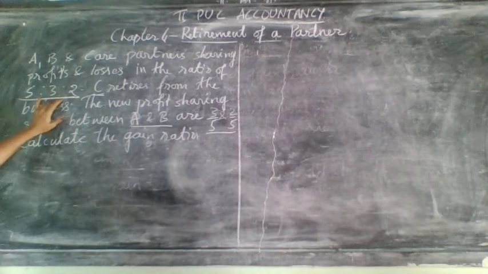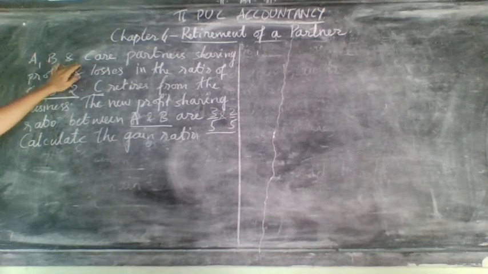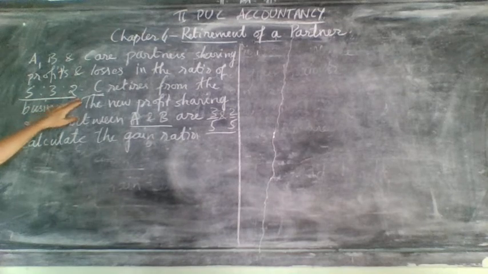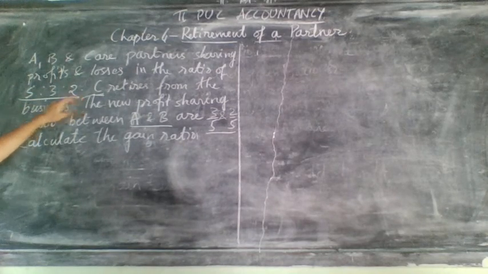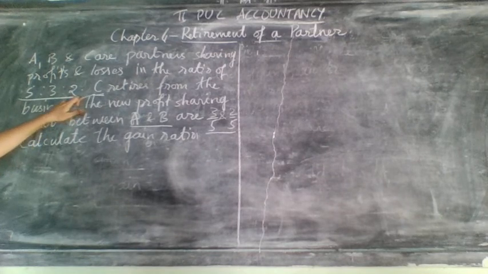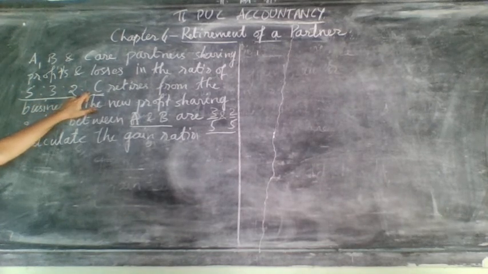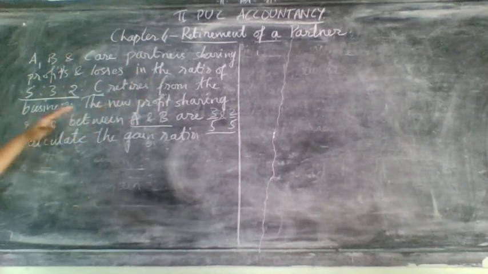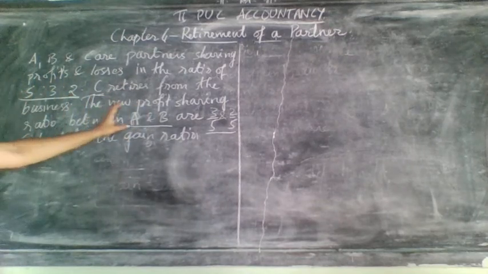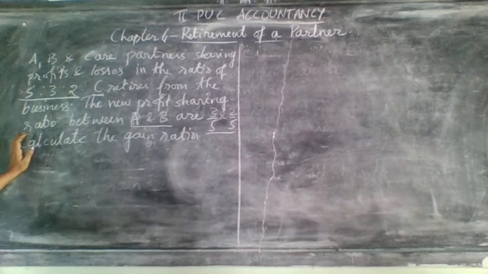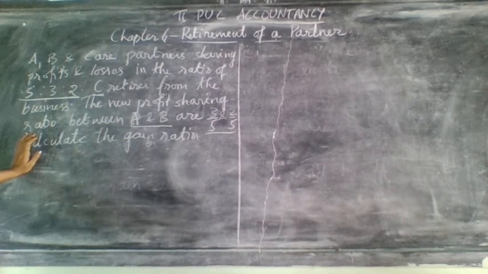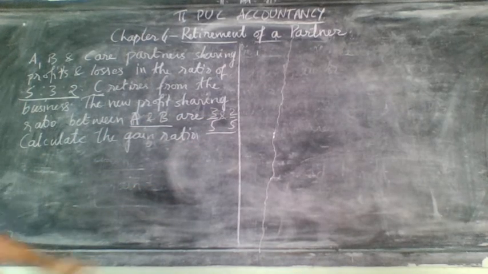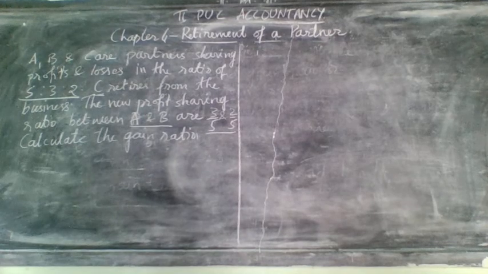Remember here what are the things we require. The first thing is they have given the partners' names. Just go through it once. A, B and C are partners. In that their ratio was 5:3:2. That means 5/10, 3/10 and 2/10, because 5 plus 3 plus 2 will come to 10. C retires, so the last partner will retire from the business. The new profit sharing ratio is between A and B. When they give the names of the partners at last, they are considered the remaining partners. So A and B are 3/5 and 2/5. This is their new ratio. They have given the new ratio.